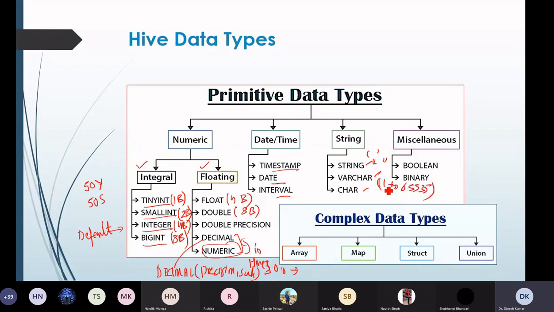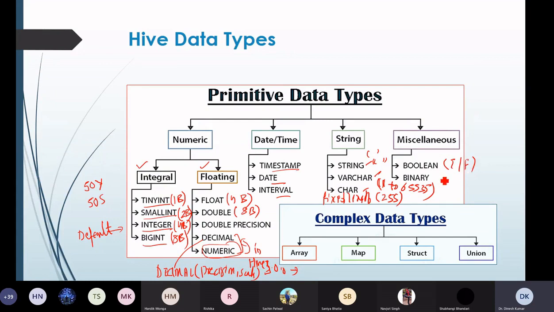So it can vary from 1 to that maximum, whereas char is a fixed length data type, with a maximum value of 255. According to our requirement, we can use any of these. Then we have Boolean also, which takes true or false. So it can store a true or false value.